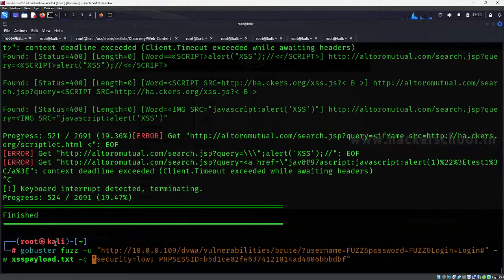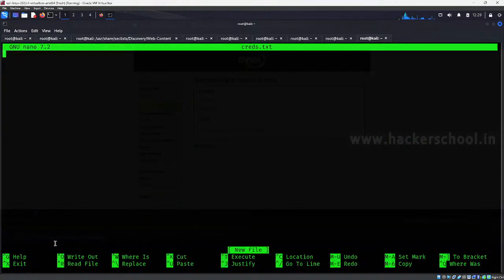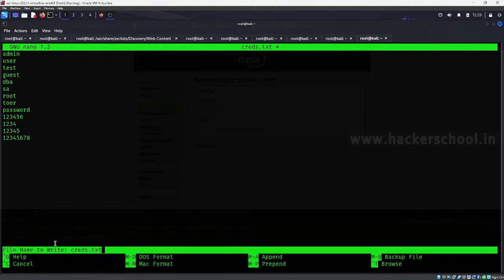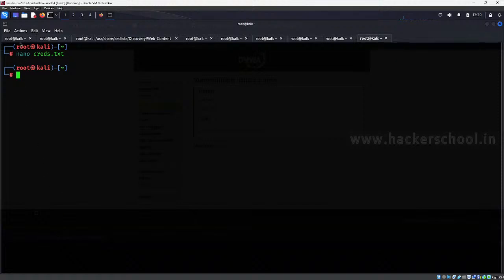I need a dictionary right now. The access payload is not suitable for password cracking, so let me create a dictionary. Nano creds.txt. I'll give admin, user, test, guest, db, a, sa, root, tour. Again, username and password, both I'm giving the same thing. Tour, password, 123456, 1234, 12345, 12345678, like that. Again, provide a bunch of credentials. Once you do all of that, provide that credential file here,